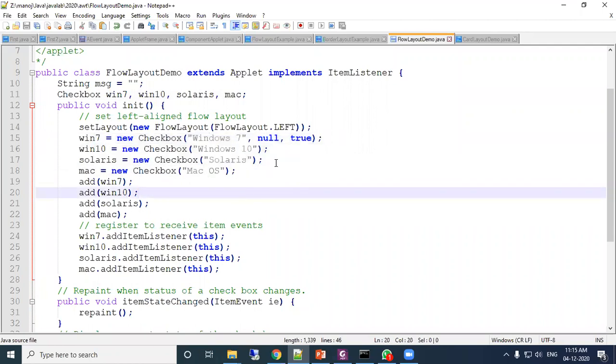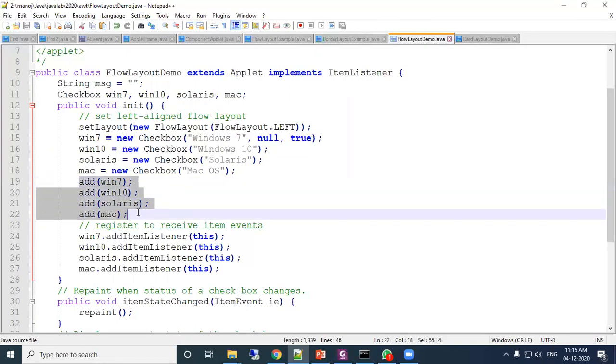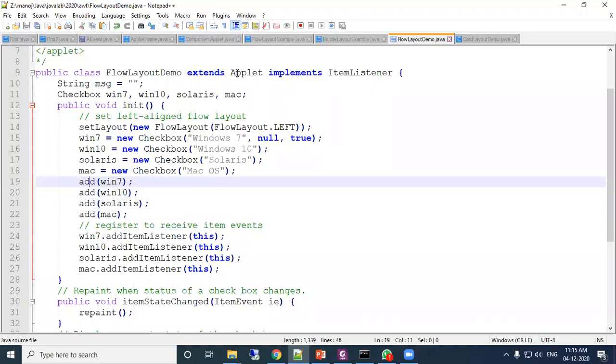To create an object, the new keyword is required, then the class name, then values within parentheses. After creating these four checkboxes, they are added to the current applet: add win7, add win10, add Solaris, add Mac. Then win7.addItemListener(this).